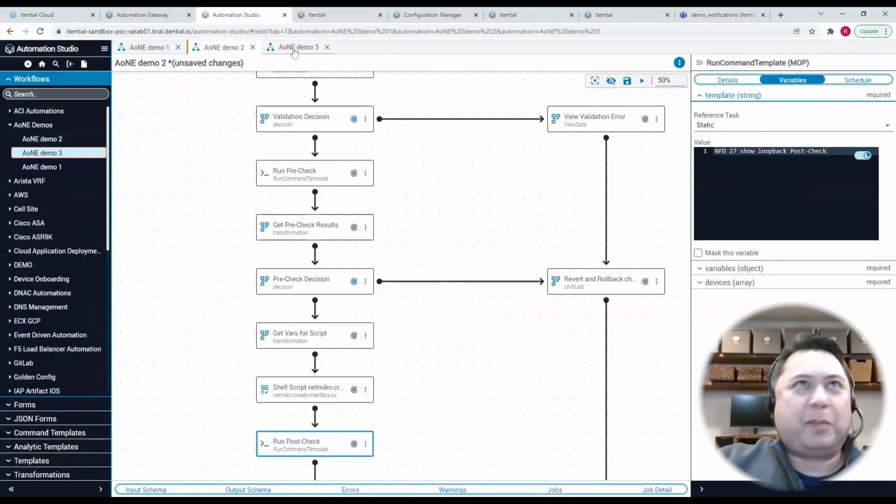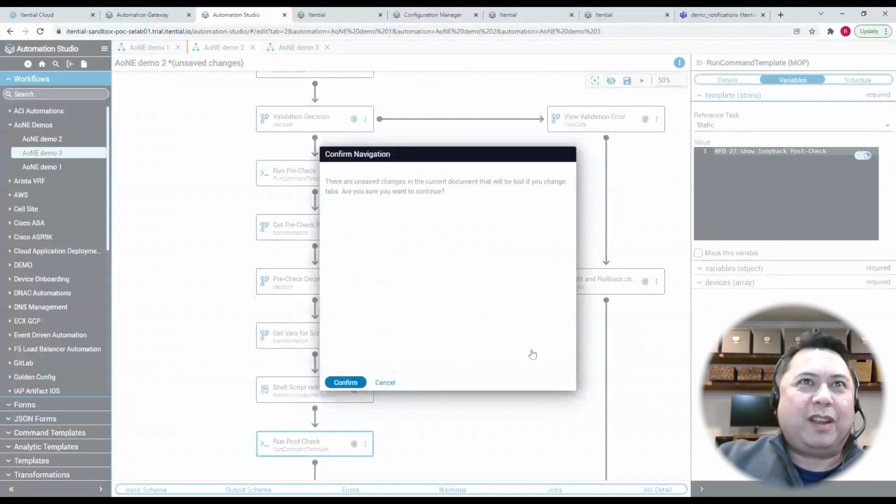For sure. Yep. And you could actually encapsulate multiple pre-check conditions into a completely different workflow, and call that workflow from here. We call it child jobs. That's how we do modular workflows. Let me show you that actually. If I go to the third step of the demo,